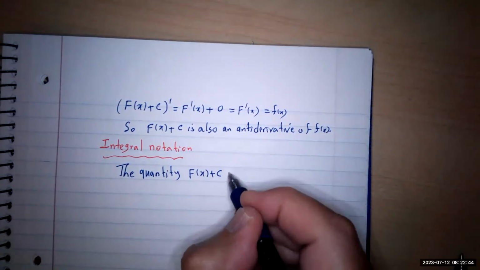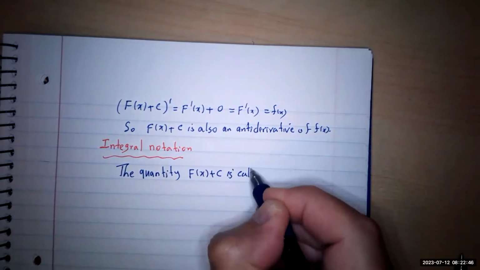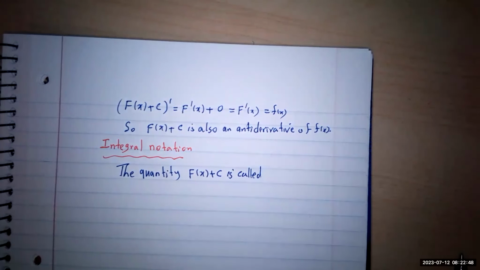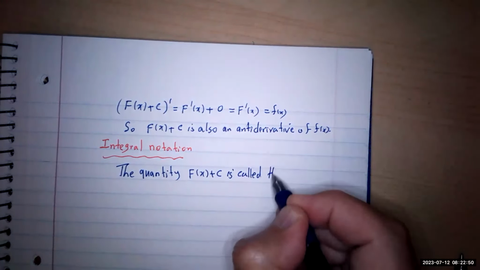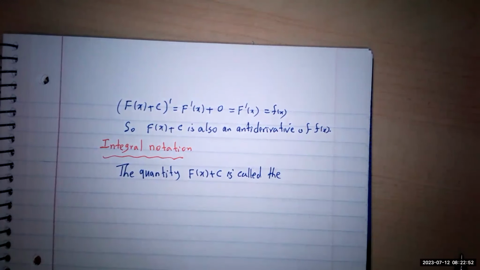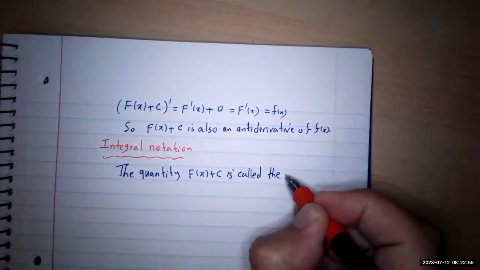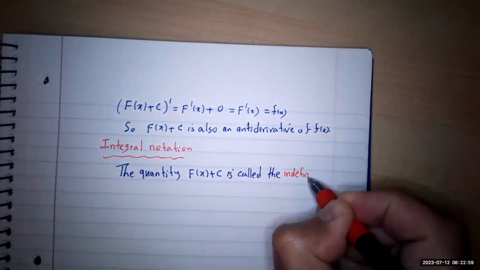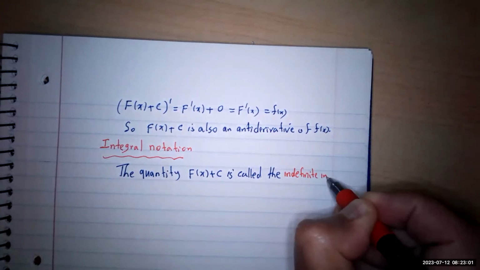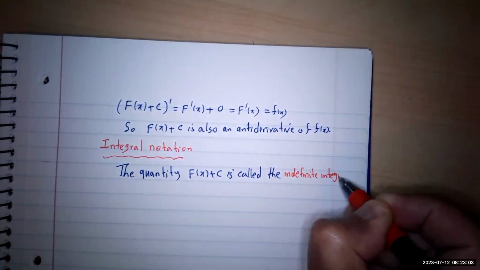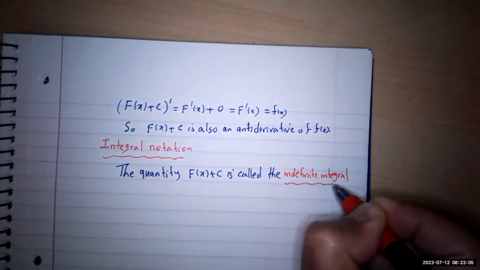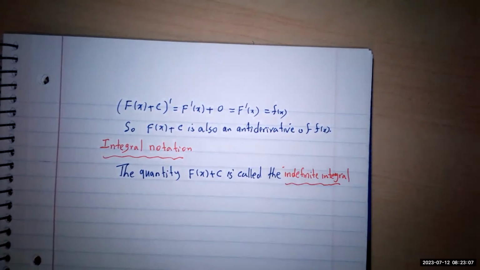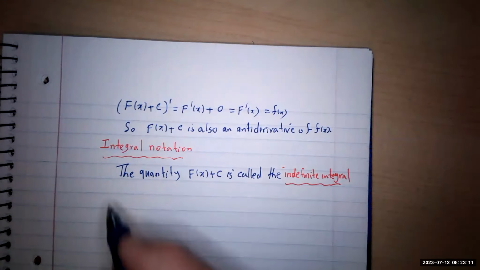It has a new name, it's called the indefinite integral. There's going to be a definite one in the future. This quantity is going to be called the indefinite integral of f of x